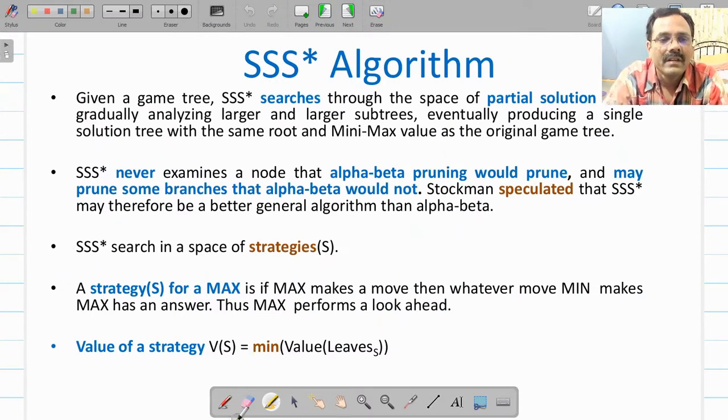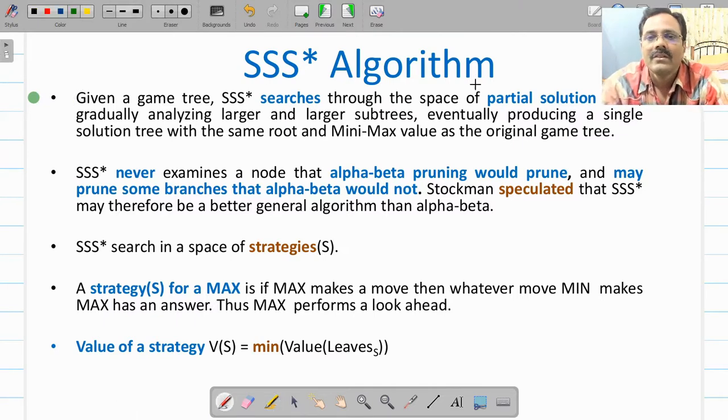Now given a game tree, this SSS star algorithm searches through the space of partial solution trees. So you are going to start with a partial solution tree and gradually analyze and make it a larger and larger subtree. Eventually that will produce a single solution tree with the same root and minimax value as that of the original game tree.